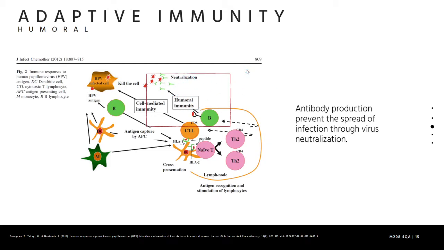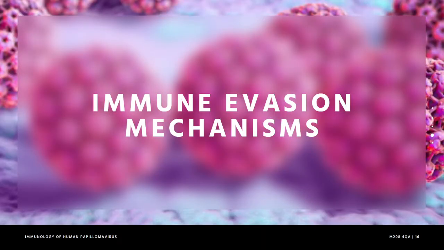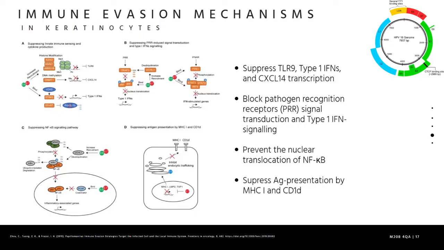So you can see HPV infections still trigger both a humoral and a cellular response in the host immune system, but the antibody levels from these natural infections are usually too low to guarantee a protective effect, and this suggests that HPV is able to evade the host antibody response. So it is worthwhile to look into the immune evasion mechanisms of HPV and how it contributes to the persistence of the disease. So these are some of the immune